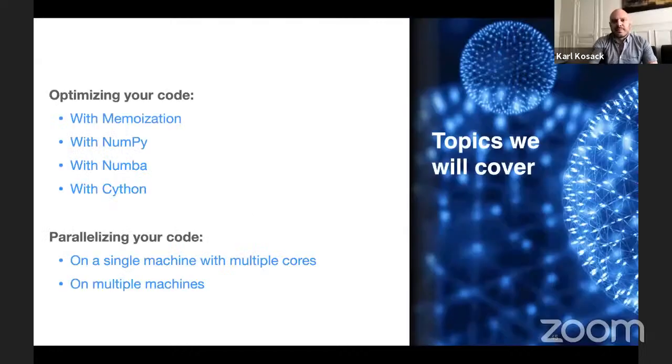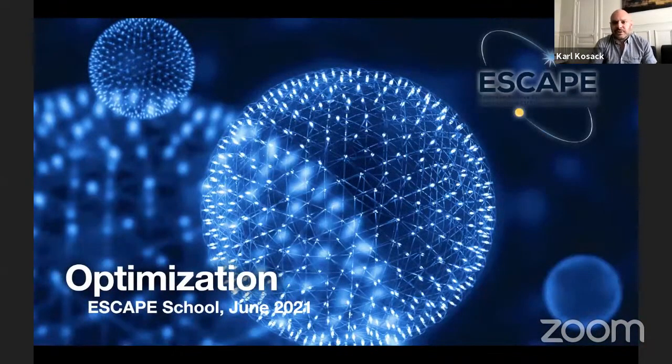Great. So in this lecture, we're going to talk a bit about ways to speed up slow code or to optimize your code. I'm going to cover basically 3 or 4 methods and then do some demos with those and show the subtleties of each one for basic optimization. And then in the second half, we'll talk about parallelisation, which is another form of optimization that adds a bit of complexity to what you're normally doing. So first, let's talk about optimization.